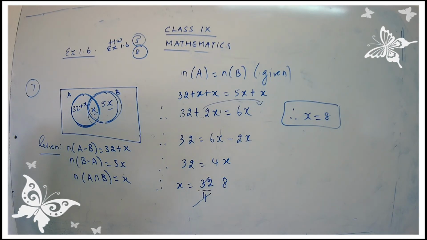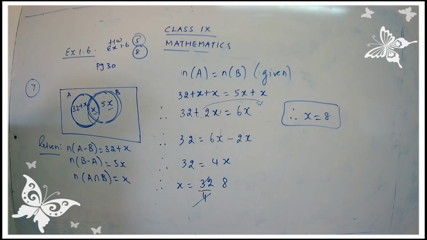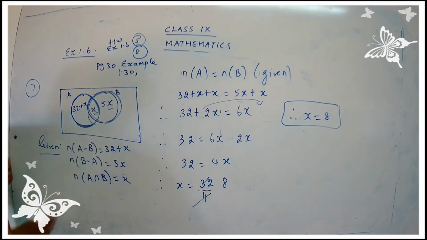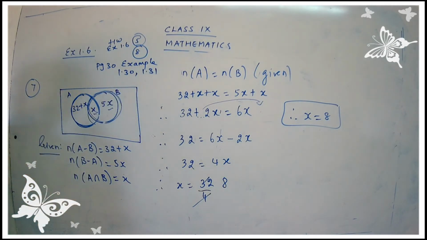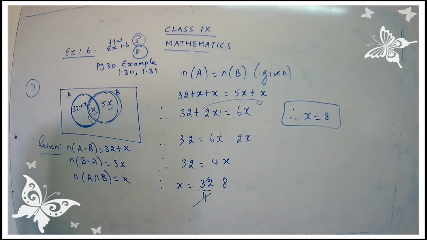Okay, I'll give you that sum later on. Take page 30. So, page 30, you have to solve example 1.30, okay? Example 1.30 and 1.31. So, two sums. It's a solved example. You have to complete these two solved examples. So, totally you have to do 4 sums as a homework. 5th sum, 8th sum, and from page 30, 1.30 and 1.31, which is in page 31. Okay, so these 2 sums. So totally 4 sums for your homework, and we will be continuing with the remaining sums in the next class.